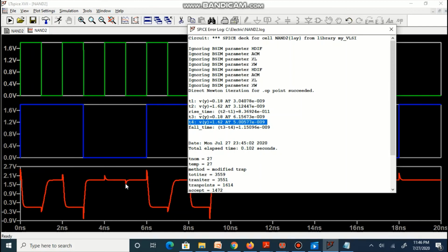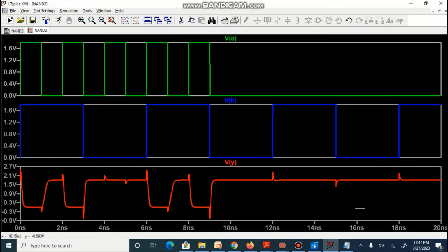This false transition is due to switching of both the transistors and it has reduced below 1.8 volt and that measurement was taken. So rise time is accurate over here but fall time is not appropriate. So this condition we need to measure again. This input condition is not producing any other combination. So now we will change the time period of our input waveform and we will produce other combinations and measure rise time and fall time.